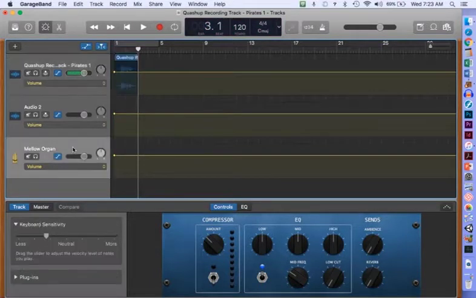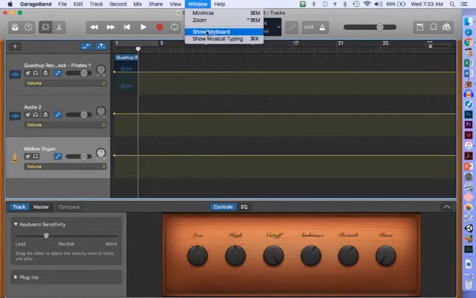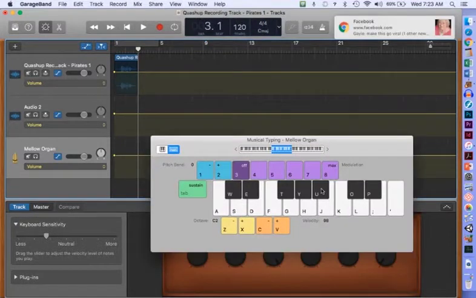Okay, let me go to this MIDI track. I'm going to go up here to Window, and I'm going to look at the Musical Typing. What's cool about this, I can either click on my actual keyboard, the U there, or I can click on it there with the mouse cursor. Either one works fine. So what I want is a constant B-flat tuning note, so I'm going to click up here,